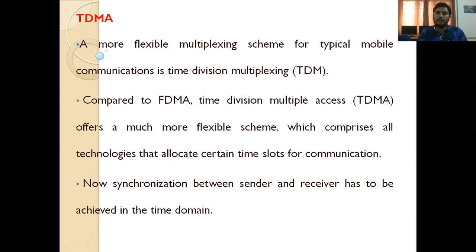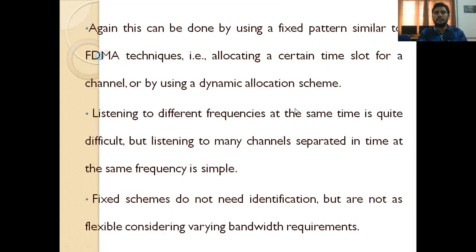Now coming to TDMA, here the time is divided into n number of slots. At a time only one user can transmit the data. Here time is divided into slots and allocated to the users. So when a user wants to transmit data, he has to wait until his turn. That means here the user uses the entire bandwidth to transmit the data, which is the more flexible one for wireless communication data transmission. That is TDMA.